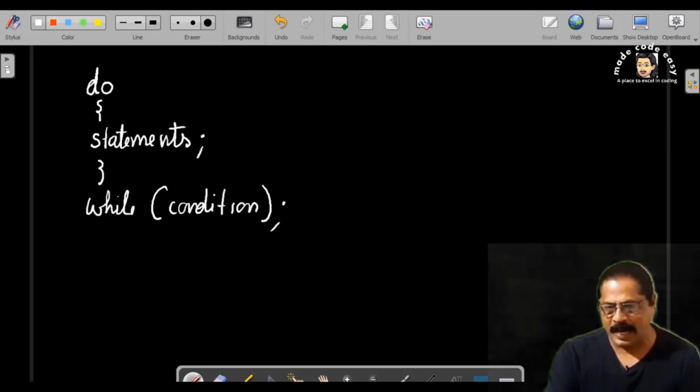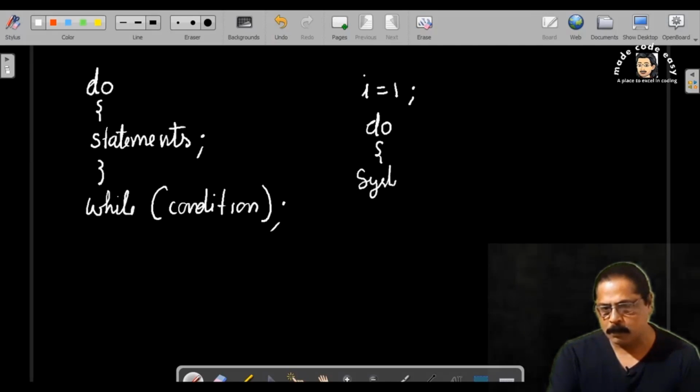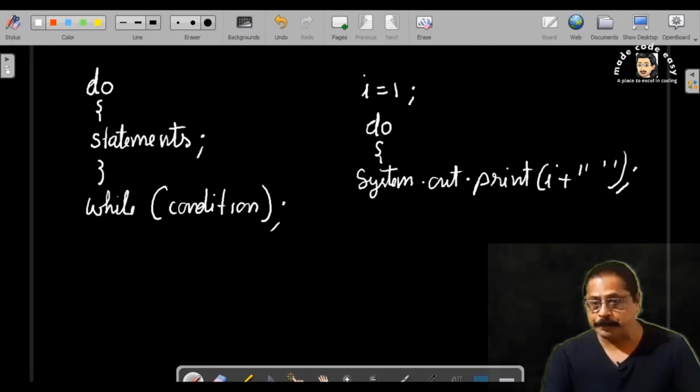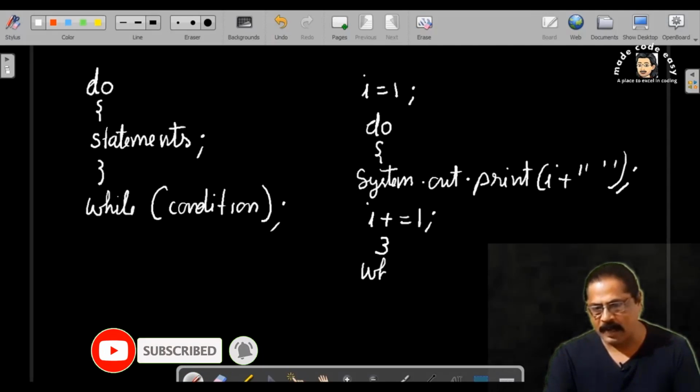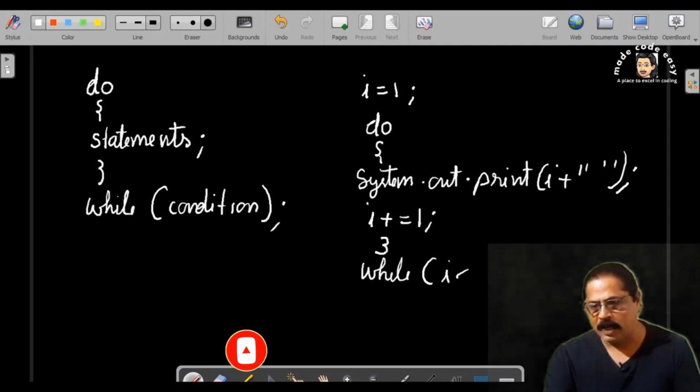Example of do while is: i = 1; do { System.out.print(i + " "); i += 1; this is the updation } while (i <= 10);